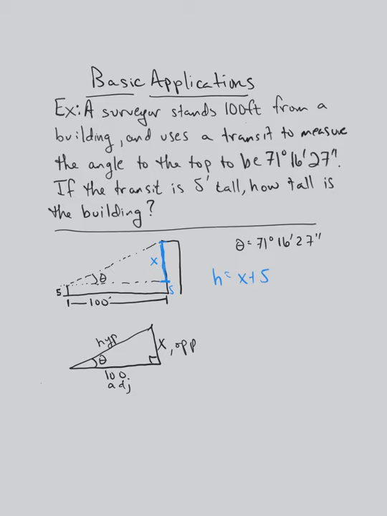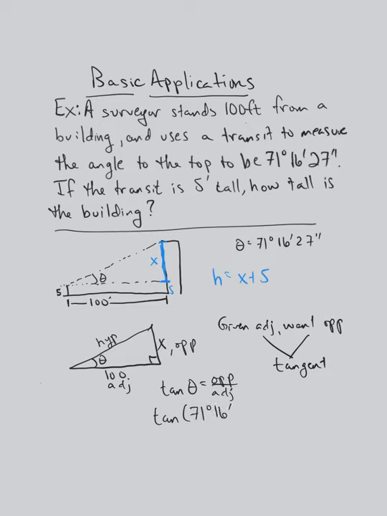All right. So what's the idea here? We're given the adjacent, and we want the opposite. Which trig function relates adjacent and opposite? That's going to be the tangent. Following our normal format, we first write the definition. Tangent of theta is opposite over adjacent, like that. Then we can fill in our angle here. So we have tangent of 71 degrees, 16 minutes, and 27 seconds is equal to the opposite, which is x over 100,